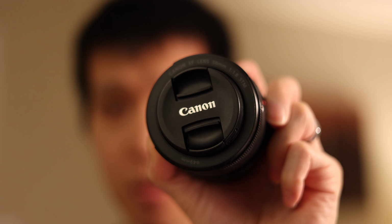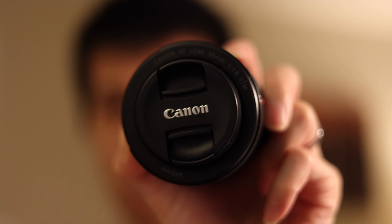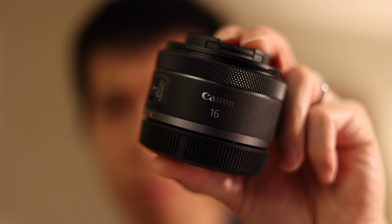And I have this on the quickest settings for the EOS R6 in that it's not sticky and it'll switch. We're also in zone autofocus, so anything I put in front of my face here in this box, it'll focus on as quickly as possible. So just looking back and forth between these two, they're relatively similar in speed. And then we'll put up the 16mm too. So yeah, if we put these next to each other,